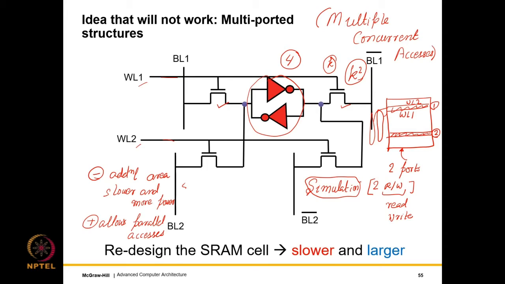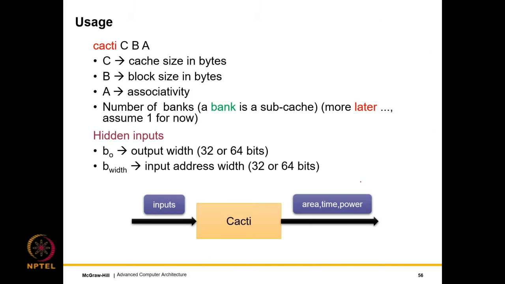But the main problem, one reason why such designs didn't really take off, is mainly because if we increase the number of ports k times, the area increases k square times. So ultimately the area becomes the most dominating concern, right? So we will look at how this problem is solved in a slightly different manner. And for that we will have to go through details of the Cacti tool, and then of course I will discuss the optimizations that are involved.